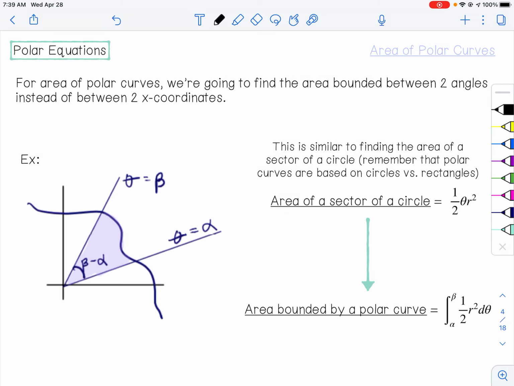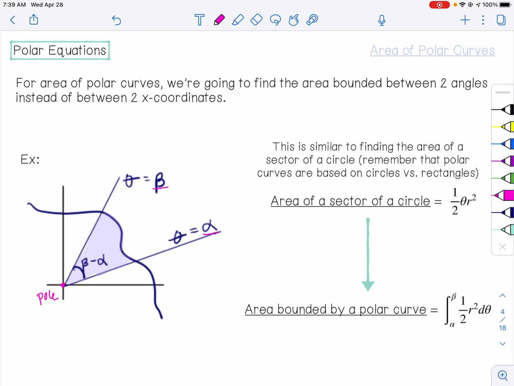So when we're talking about finding the area bounded by a polar equation, we're always going to be talking about finding the area between two angle lines versus two x coordinates or y coordinates. So these angle lines, which you see here as beta and alpha, right? These lines always come out of the pole, which is the origin,